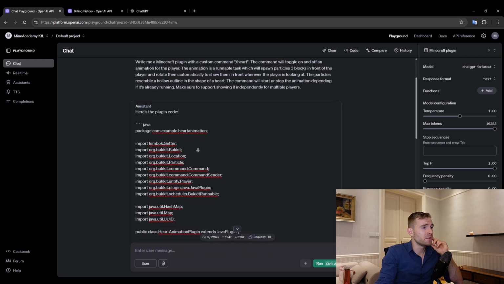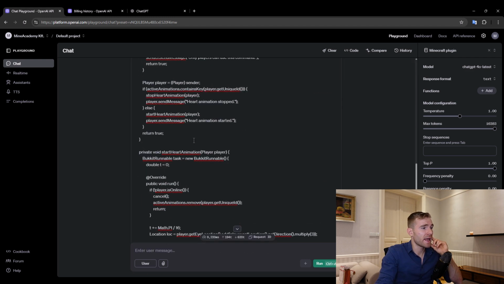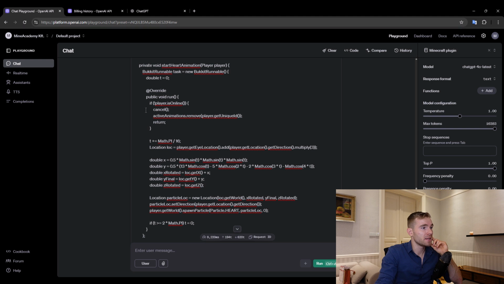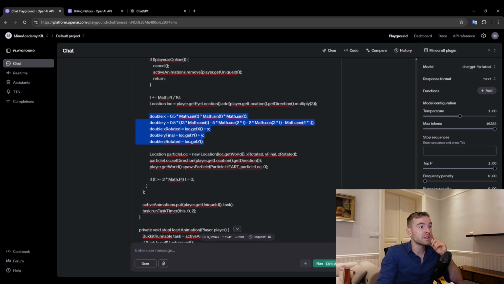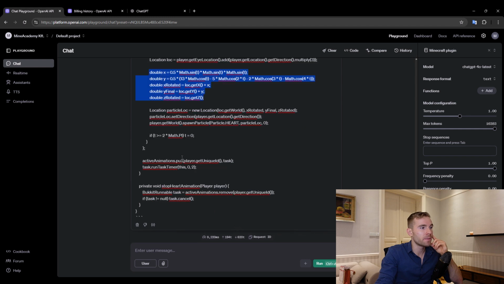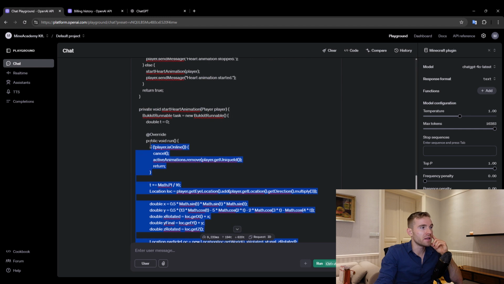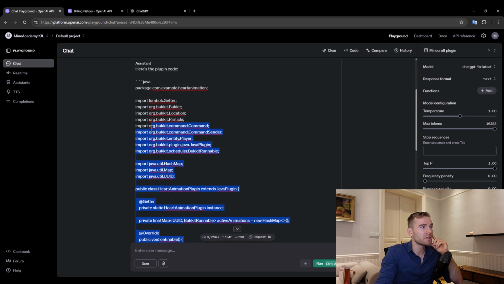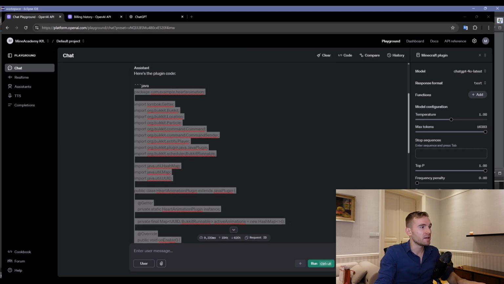Here's the plugin code, and it doesn't look that bad, to be honest. I had a quick look, especially with these more advanced animations. I know a lot of you guys can't really think that in your head, neither can I, but the AI seems to be quite good at this, which is one of the great use cases for when to use it. Now let me try to copy and put it in the plugin.